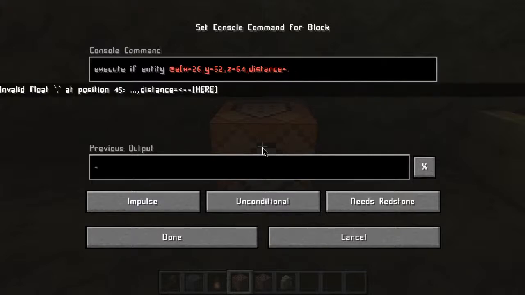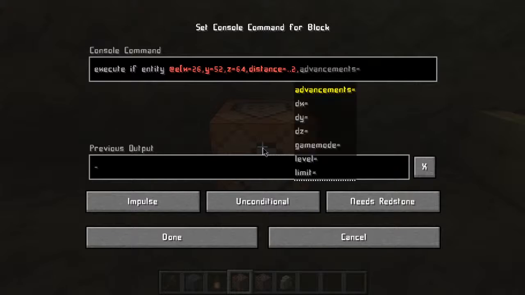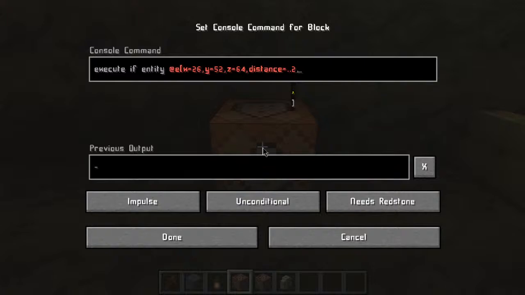What I usually do is from this block, from 26, 52, 64, up to one block away, or actually, two. We'll do two. I think we'll test it out and see if it works. One block away, and actually that's all we need for this, because I don't think we need any NBT data. No. And then we'll do run,